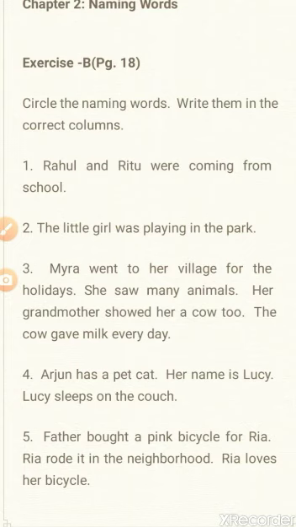So just circle the word holidays. Holidays is also a naming word here, and you write it in the things column because it's an abstract thing. It's a thing which you cannot touch. You can only feel it, or you just get an idea about it. So this is also a noun. So circle holidays and write it in the things column.